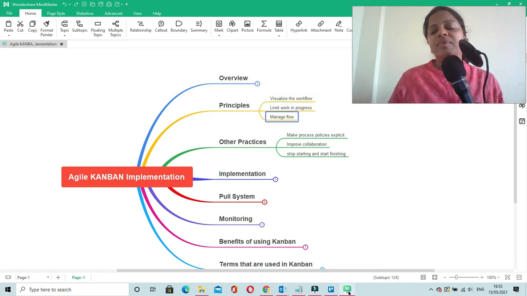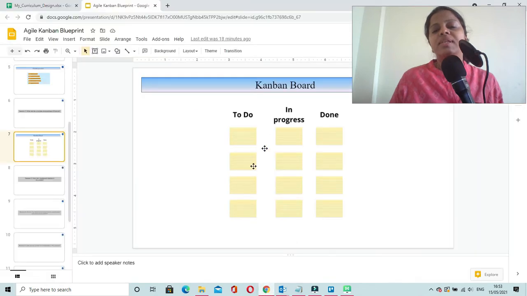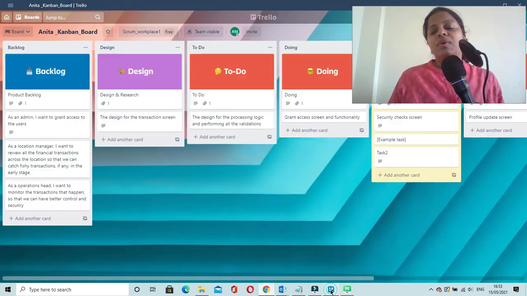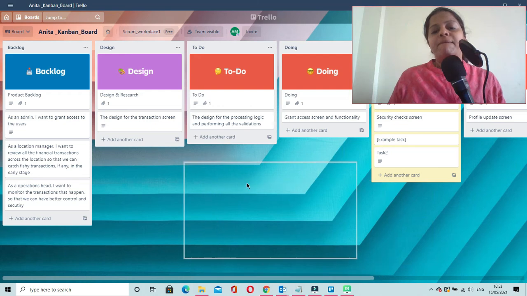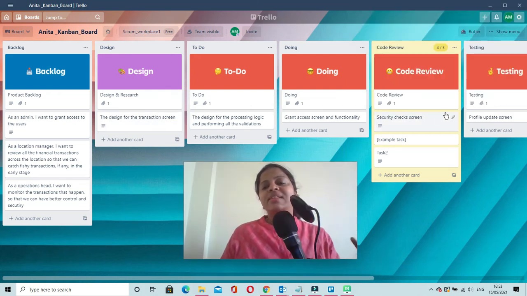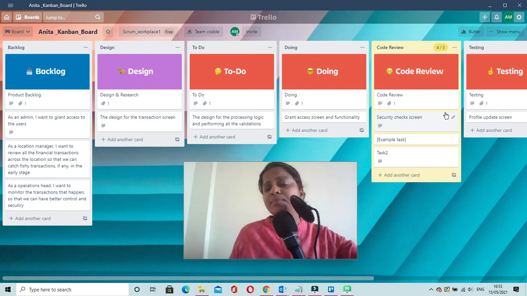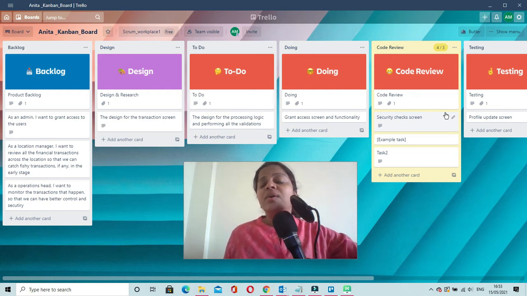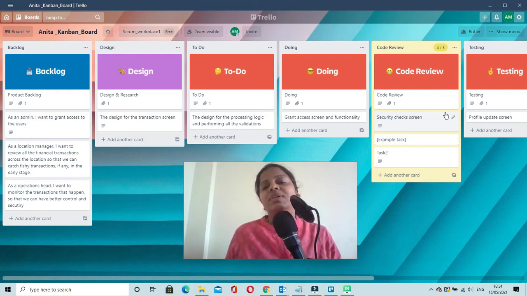When we say visualizing the workflow, what we actually do is showcase this Kanban board, making it visible and transparent to all the team members, the stakeholders, and the people who are interested in your project. It could be your senior management, sponsors, or any stakeholder.